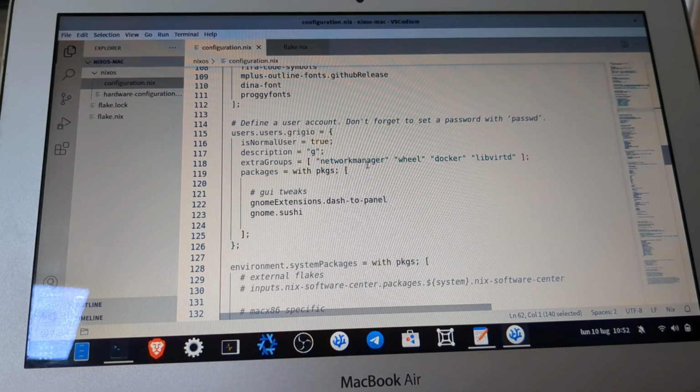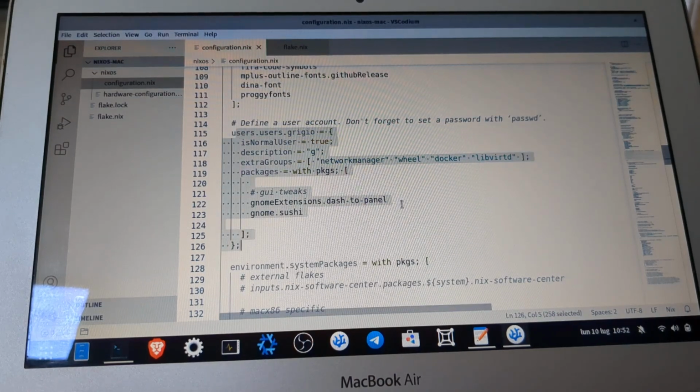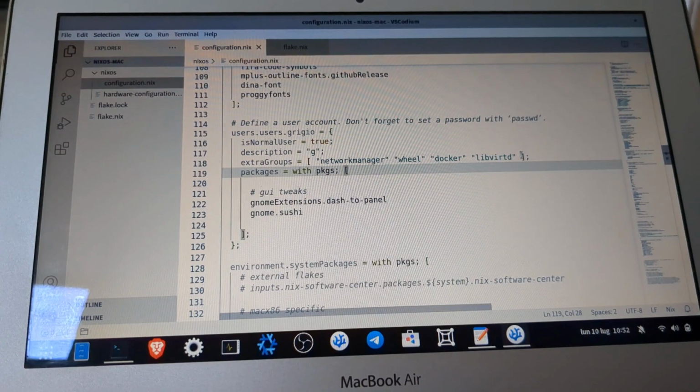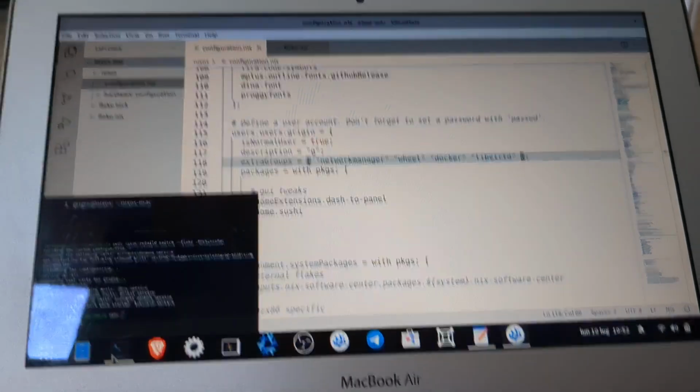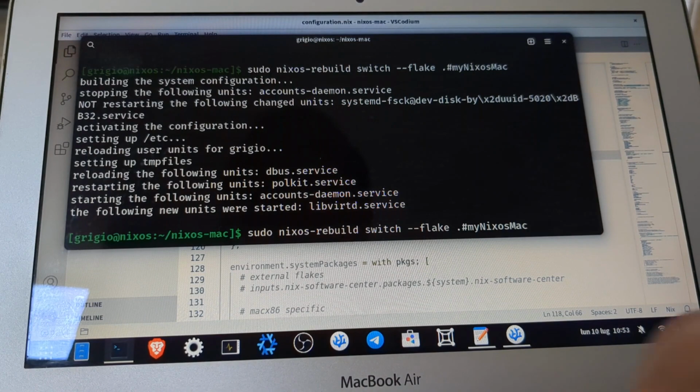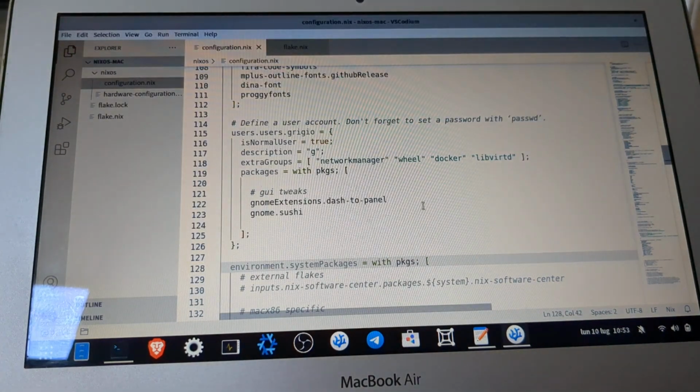And a feature that I really like about NixOS is that you don't have to add a user to a group with commands, but you have the state of the user inside this part. So you don't have to run add user to a group, but you just can specify all the groups for the user here, and with the same command that we saw before, we apply this configuration system-wide. So it's very nice.